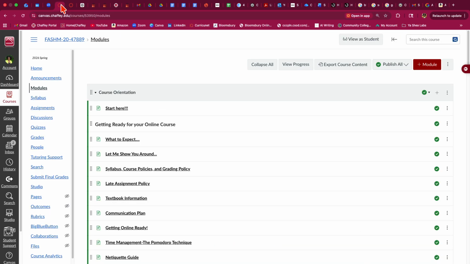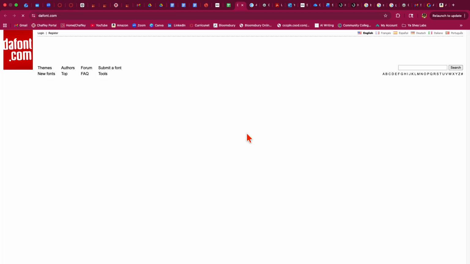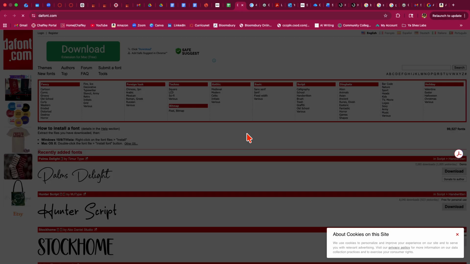Okay, so let me go back to the assignment. So we picked some colors. We've written those colors down, made note of the colors that we want to use, and then we can select typography. So a typeface for our brand, and I think I use Calibri for all the fonts for this course. But if you click on this button, it takes you to DaFont. DaFont is a website that